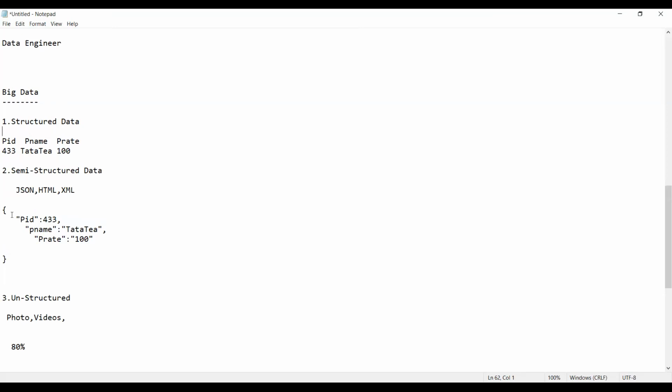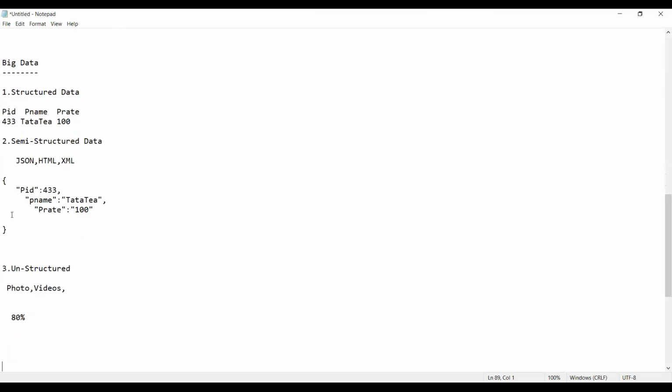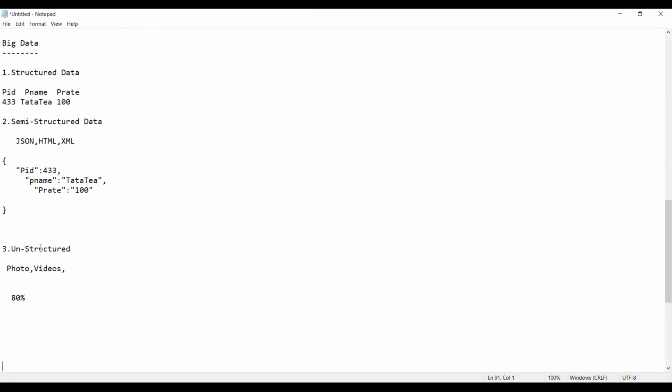Now, guys, we already know what the sources of big data are. Tell me, what are the sources of big data? We can get the big data in the form of files. We can get the big data in the form of database tables. We can get live streaming data. But my question is, from where do we get this big data?